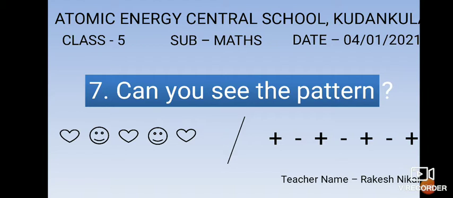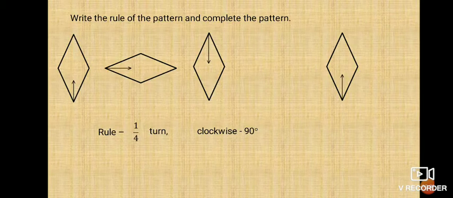Can you see the pattern? The first module we already learned. Now let us continue the second module of the same lesson. Can you see the pattern? In the first module we learned different types of patterns, and we are going to learn some more information about the pattern. Remember, this is the second module, and you can see on the screen a couple of different patterns. Okay, so let's see one by one.